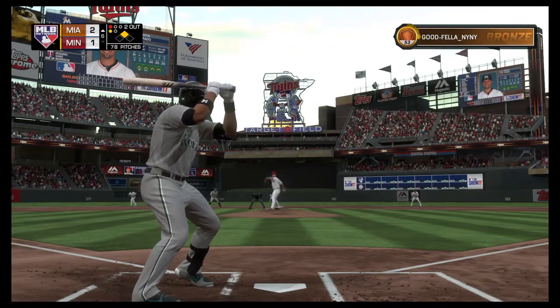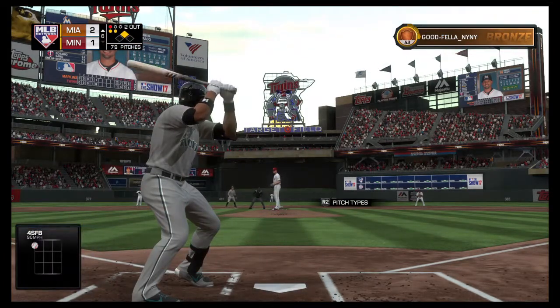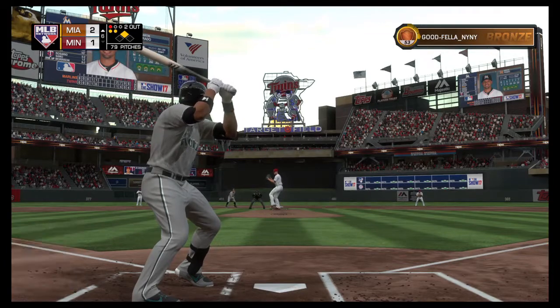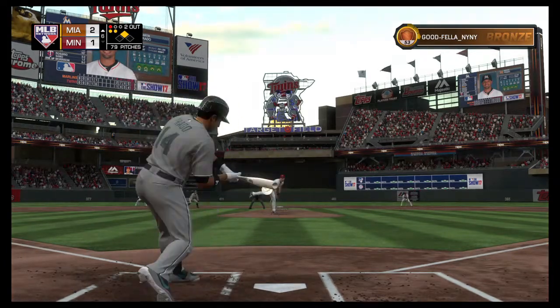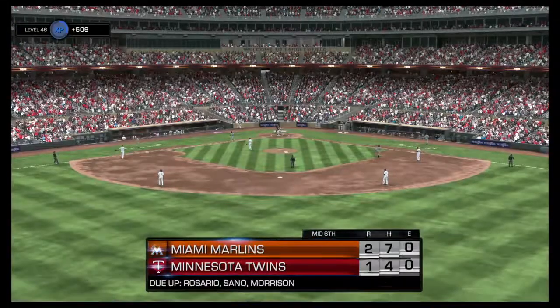Ready with the 1-1 pitch. There's a fastball right over the inside corner. Well, that's a high fastball in the low 90s. That is a dangerous, dangerous pitch right there. He got away with one. The guy took the pitch. Maybe he's just measuring him up. Hot shot to first base and a great play to...